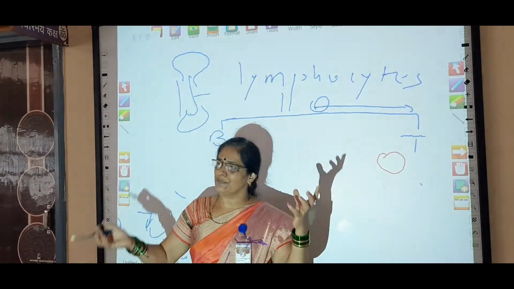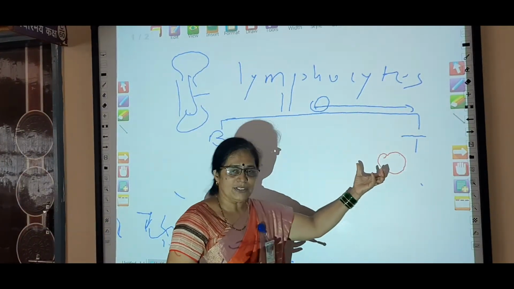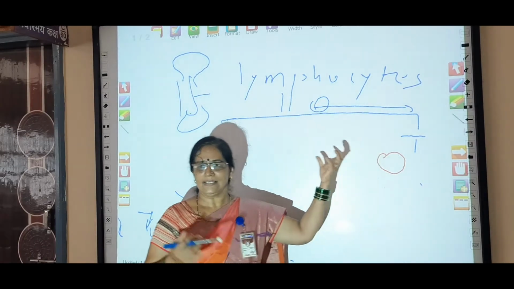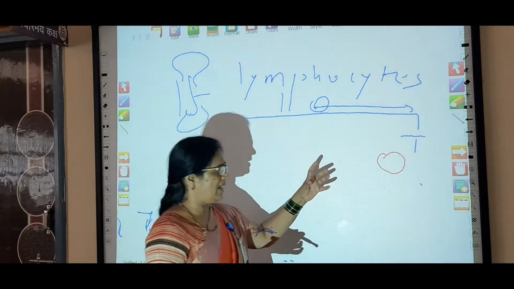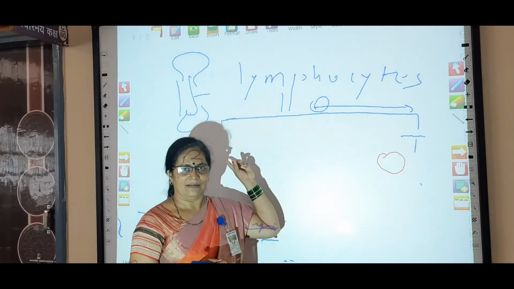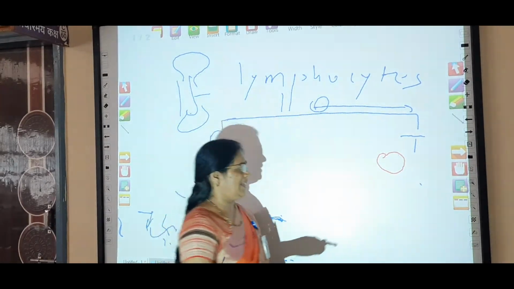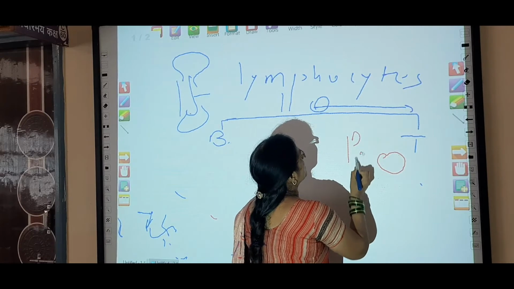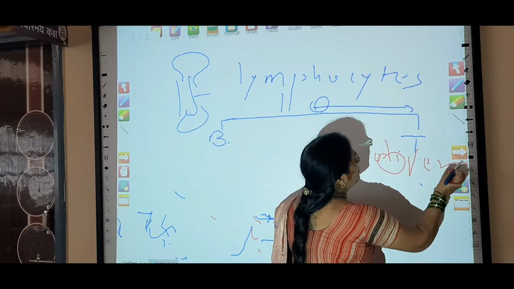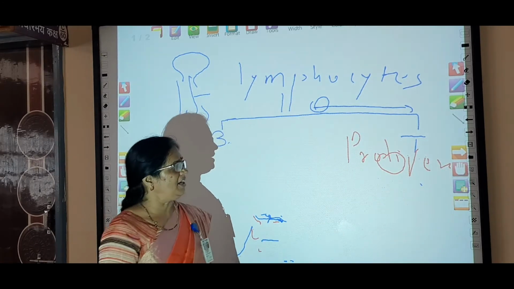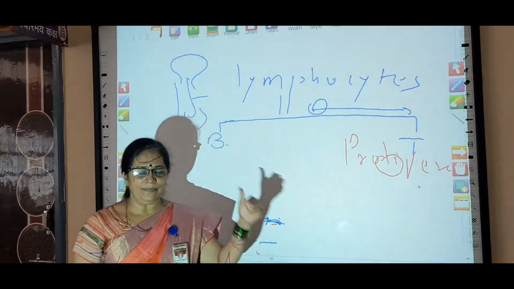As soon as microbes enter our body, the T lymphocyte secretes an enzyme. The enzyme is lymphokinase enzyme. With the help of that lymphokinase enzyme, it stimulates the B cell as well as it proliferates the T cell. It proliferates the T cell and it secretes the lymphokinase. So it stimulates the B cell.